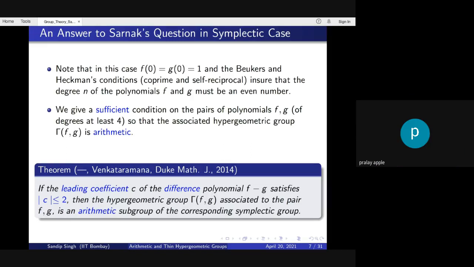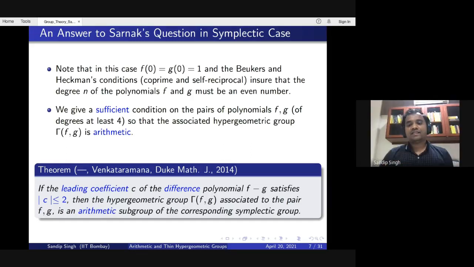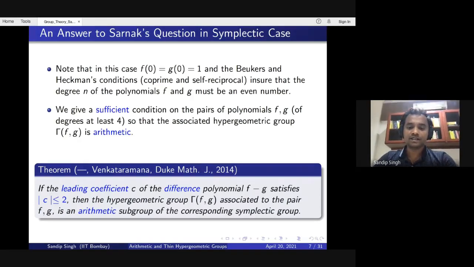Yeah, okay, go ahead. So from Sp4 to general n, that translation was easy. In that case we used that the group actually contains unipotent elements corresponding to the highest and second highest root groups. Just showing those two elements are inside this gamma fg, the arithmeticity follows because it is already given to be Zariski dense.